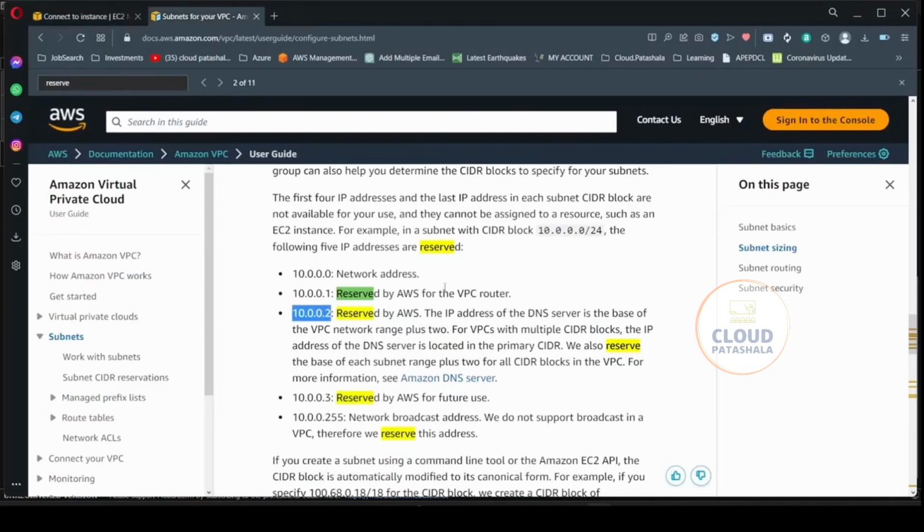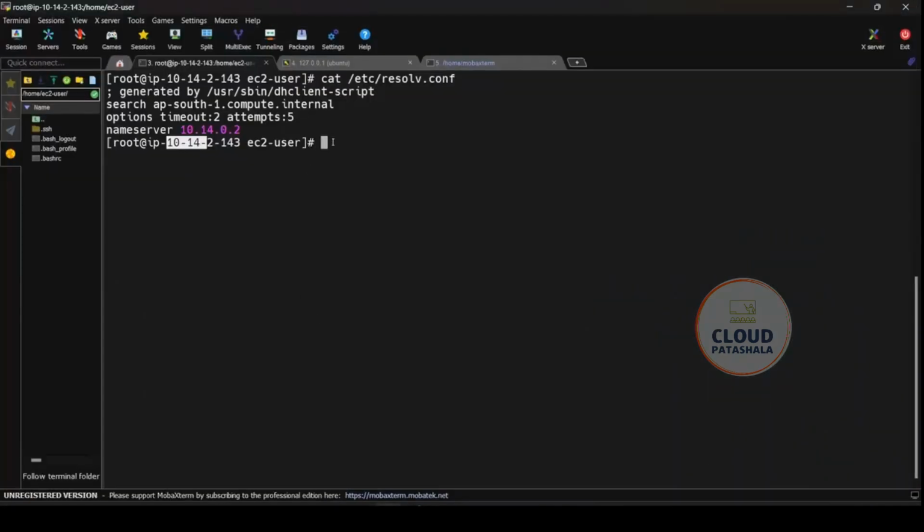So as you see in the documentation, it clearly says that the third IP address in the VPC is always reserved for the DNS server. AWS by default reserves 5 IP addresses, of which the first IP address is the network address, the second is reserved for the VPC router, the third one is reserved by AWS, which is the IP address that I see